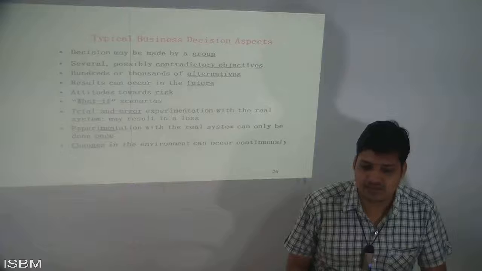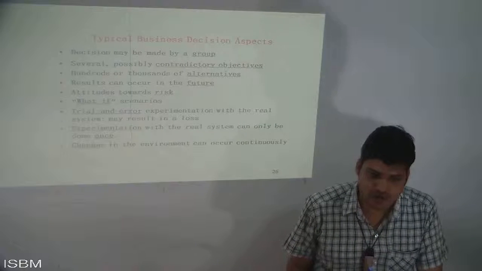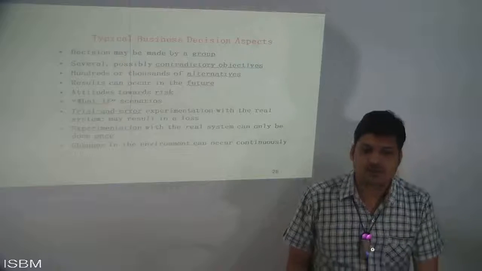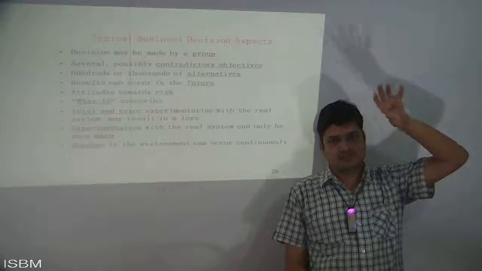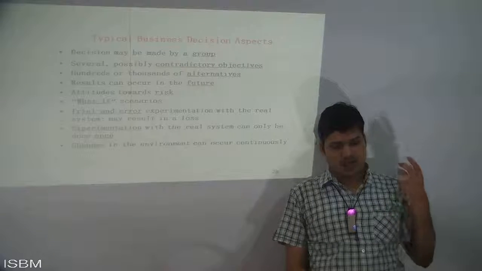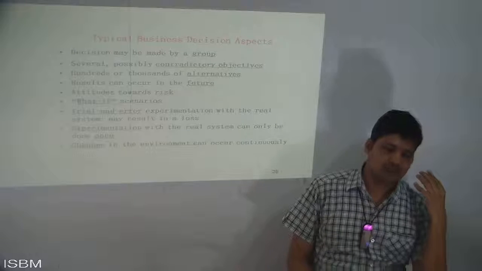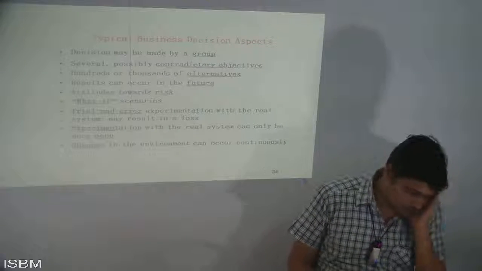Experimentation with the real system can only be done once. Changes in the environment can occur continuously. See here, trial and error experimentation basically comes on the software side. When you're going to sell a software product to any company, if you're working on the sales side of any software or IT company, when you want to